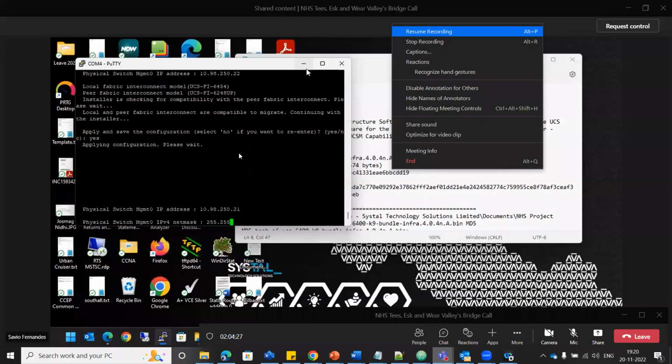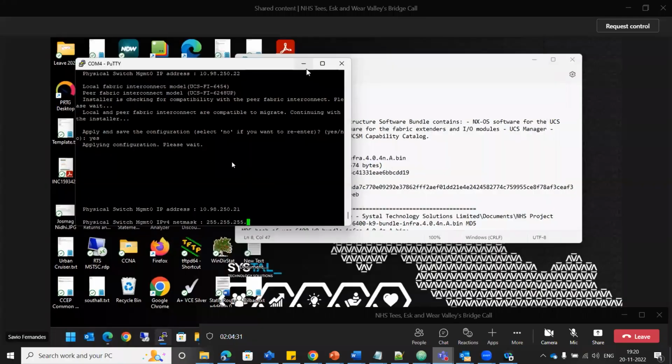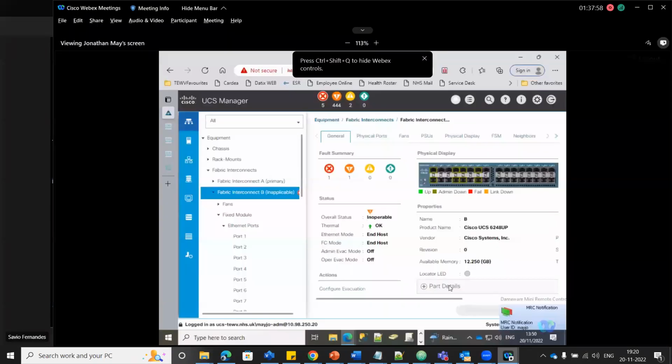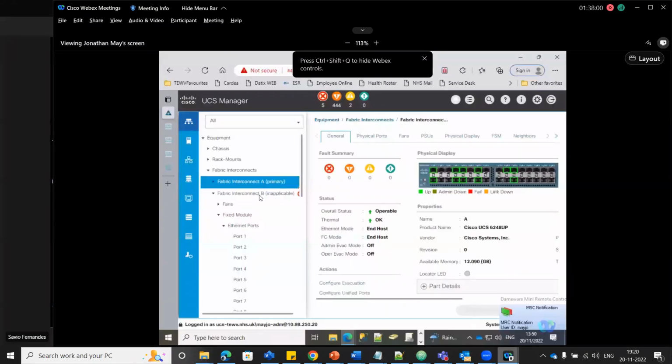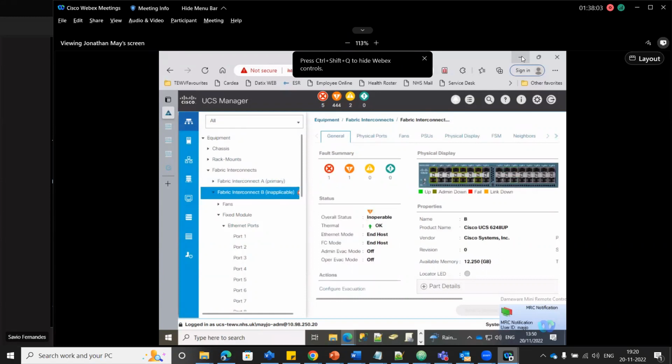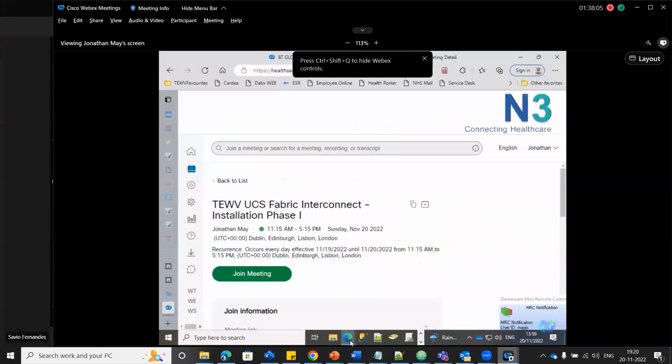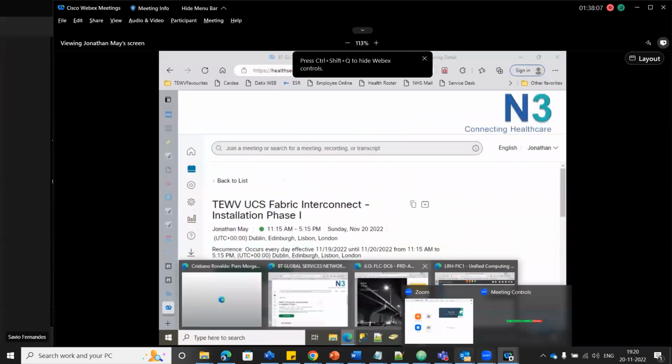Meanwhile, the secondary is still applying the configuration. Let's initialize the new fabric interconnect A